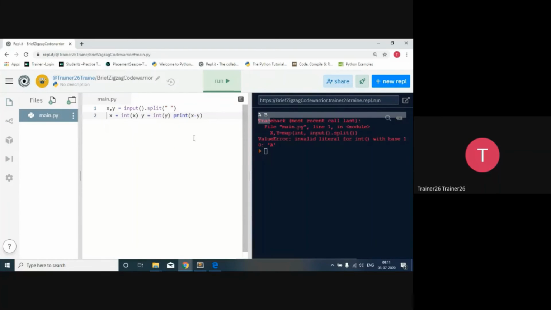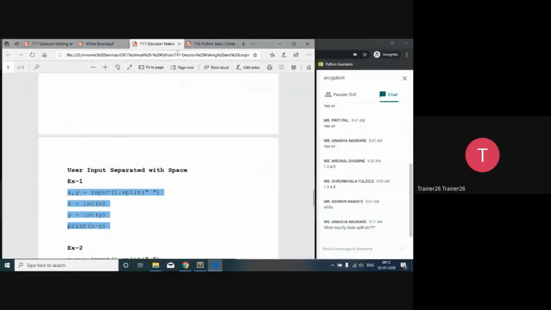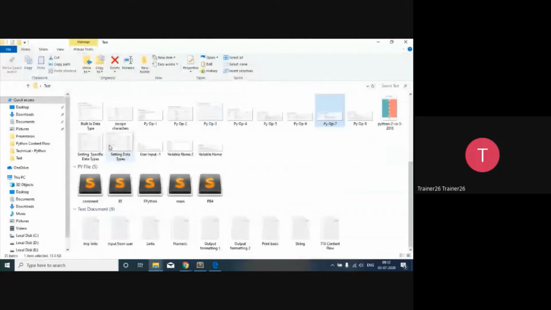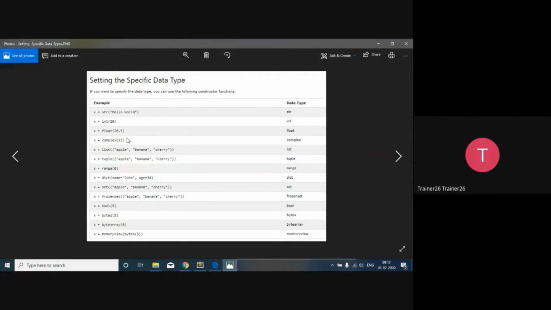So basically we are using the split function and splitting the values we get with the help of space. So by the difference of space, we are going to give the values. And then after that, we explicitly specify types. Yesterday I already gave an example while teaching you data types. Whenever we want to convert a value, we explicitly tell that we consider this thing as an integer, a float, a complex, then list, tuples, dictionary, set. So explicitly we mention that. That is called explicit.